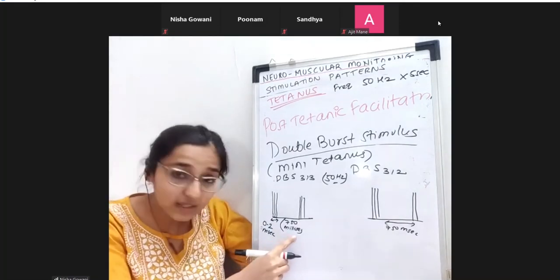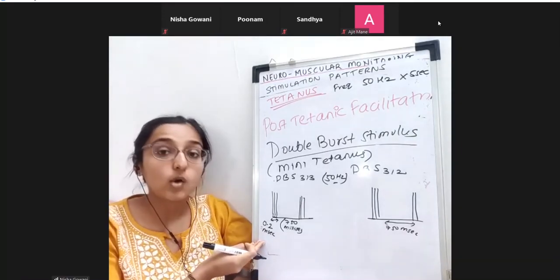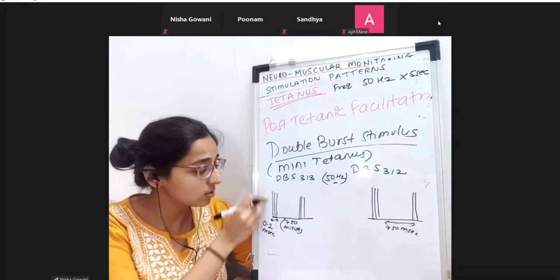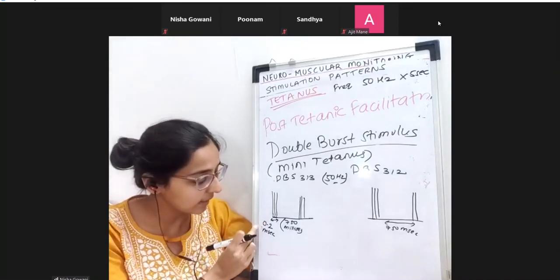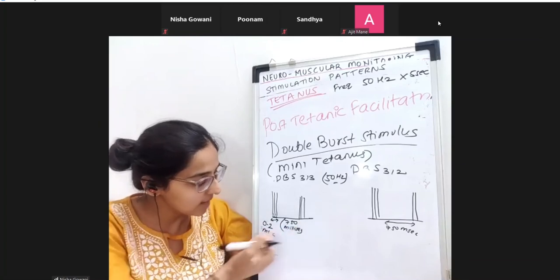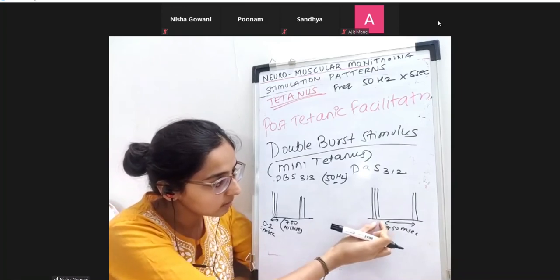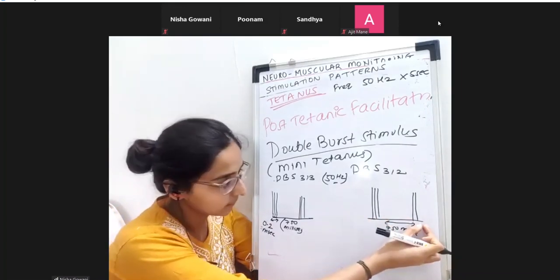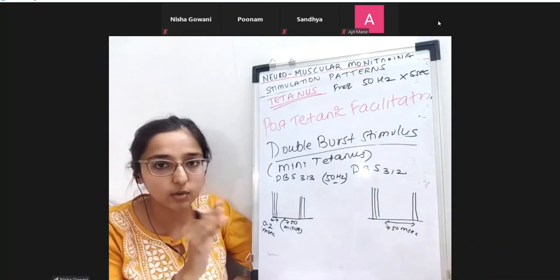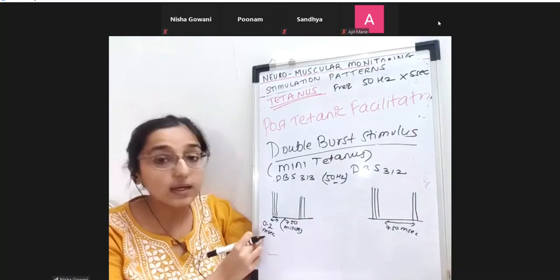This is 750 milliseconds. Huh? This is 0.2 milliseconds time. So in 0.2 milliseconds time, that many times the current is going to go. So in 0.2 milliseconds, current delivery is happening at the speed of 50 hertz. Break, repeat, same 0.2 milliseconds, 3 times it's going. 0.2 milliseconds, 2 times its delivery is happening. Is this understood? Okay, this is how I'm delivering the current to the nerve. Yes. Okay. This is current delivery.